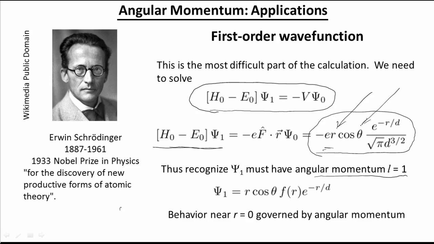So recall that once again, the H naught is the Hamiltonian for the hydrogen atom. It's completely spherically symmetric, and it's being applied to this psi 1, and the result is something that's asymmetric. So I emphasize that means that the asymmetry is present in psi 1. It's revealed by the action of H naught, but it's not created by it. So that means we know that psi 1 has to have this particular, again, this is a Y10 harmonic